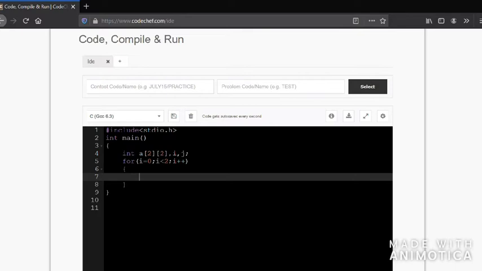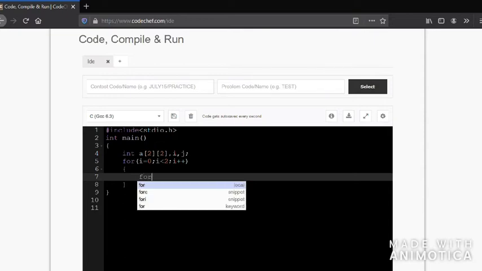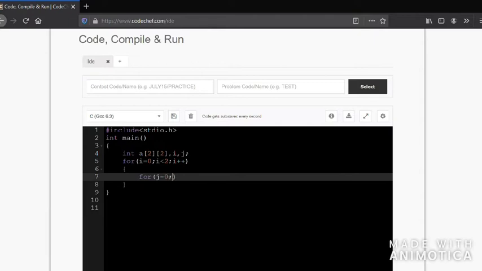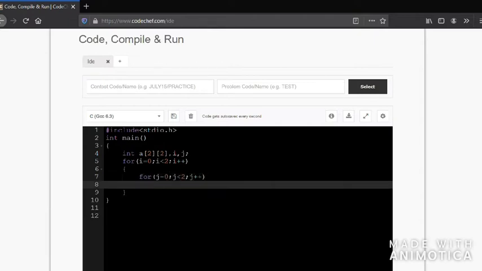Inside this we use another loop: for j equal to 0, j less than 2, j plus plus. Now j goes through the column values. So here I am using scanf %d comma ampersand a of i j.